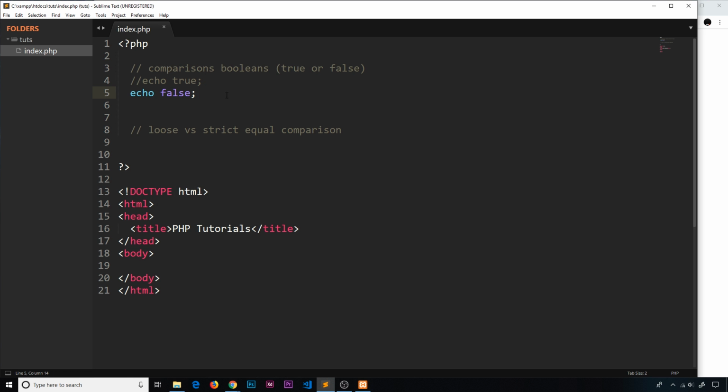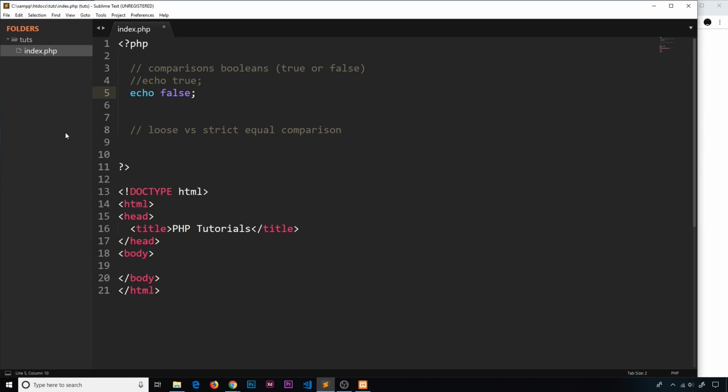So why is this? Why do we not see actually true and false as words on the screen? Well, whenever we echo a Boolean to the browser, we don't see the text true or false. When we echo to the browser, values have to be converted to strings. And everything that's output to the browser is ultimately a string of text or numbers or characters. Now, PHP, when it sees a Boolean and we want to output it to the screen, it converts it into either a string of 1 if it's true, or a string of empty if it's false. So in this case, it would be a string of 1 like this,